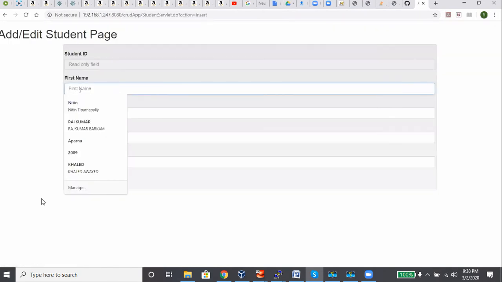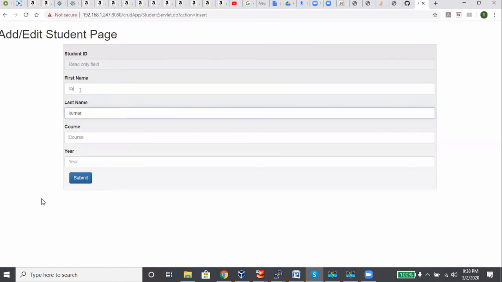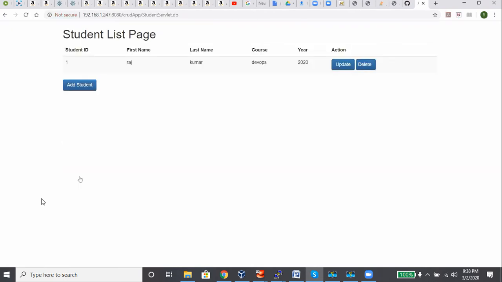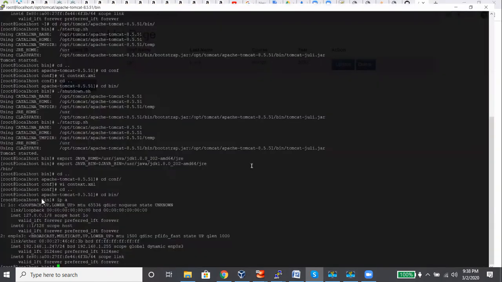Student. First name. Now, within the student table of the CRUD app database, I just added these particular details. Now, if I go to